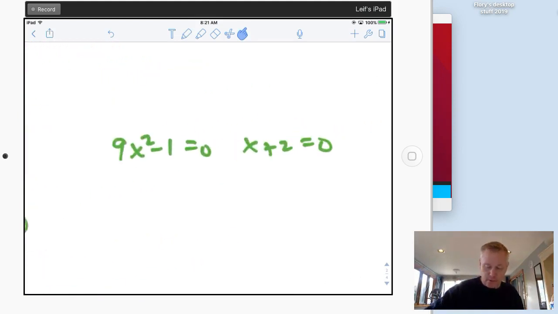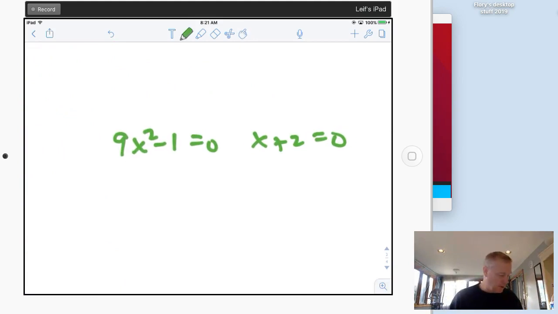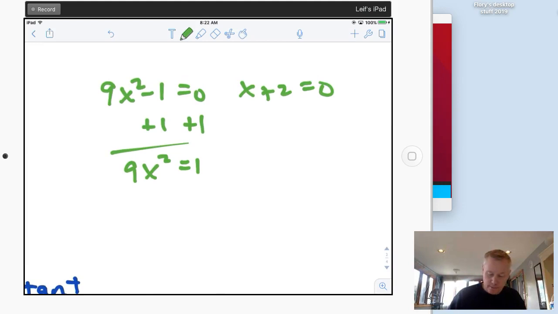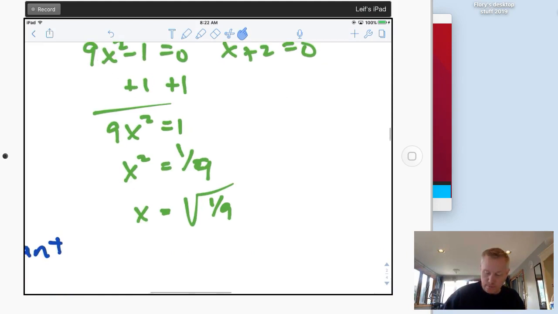All right. So to solve this, you can do it a couple ways. I'm going to add 1 to both sides. I got 9x squared equals 1. Divide by 9. x squared equals 1/9. Then take the square root. x equals the square root of 1/9, which is